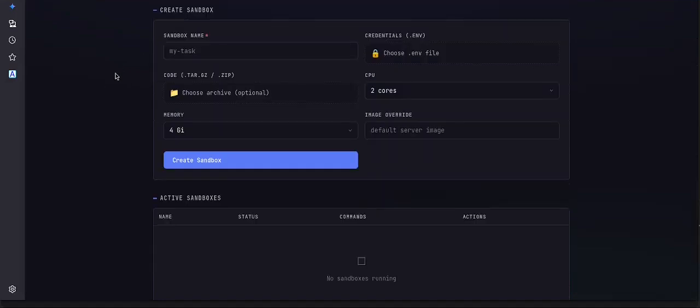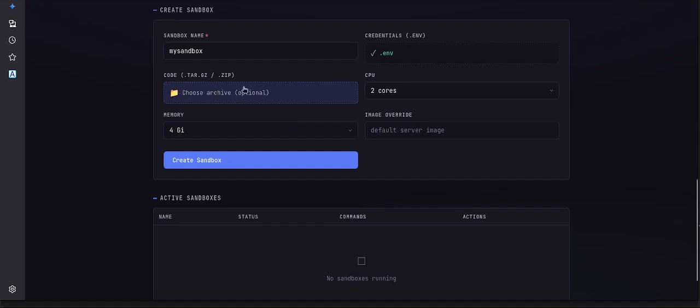Those were the instructions, and now let's try to create some sandbox. Let's call it my sandbox, with the environment file. I have it already prepared. In this case, we will not upload anything, but in case you have a repository, it's better to make a zip or tar.gz and upload the archive.